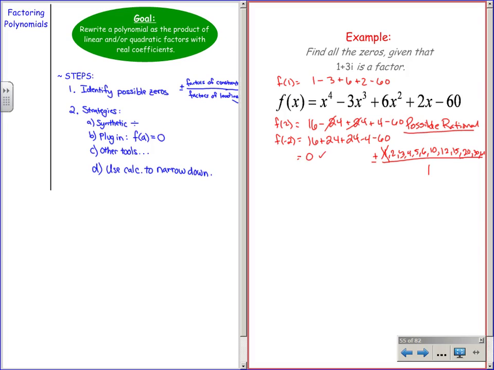Okay, so I didn't have to look too long. Some of you would have tapped out after the 1 and said, forget it, I'm doing synthetic. But would it have been bad if you had done synthetic with a +2? Well, yeah, your remainder wouldn't have been 0. But if you did synthetic with a -2, would that have been bad? Would have been great. Because if you went and did synthetic,